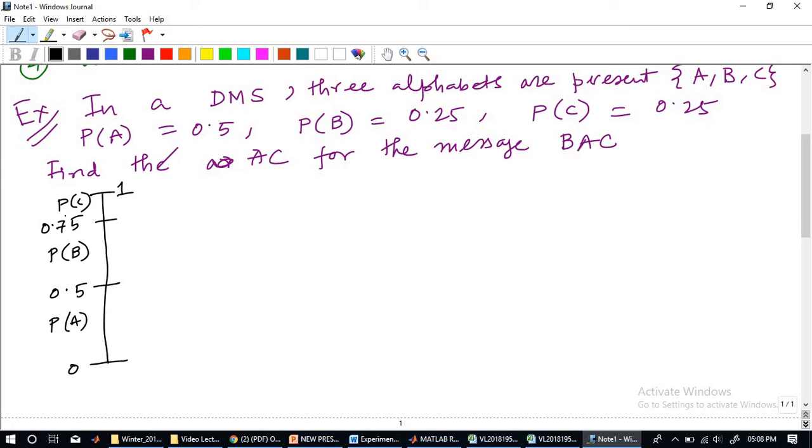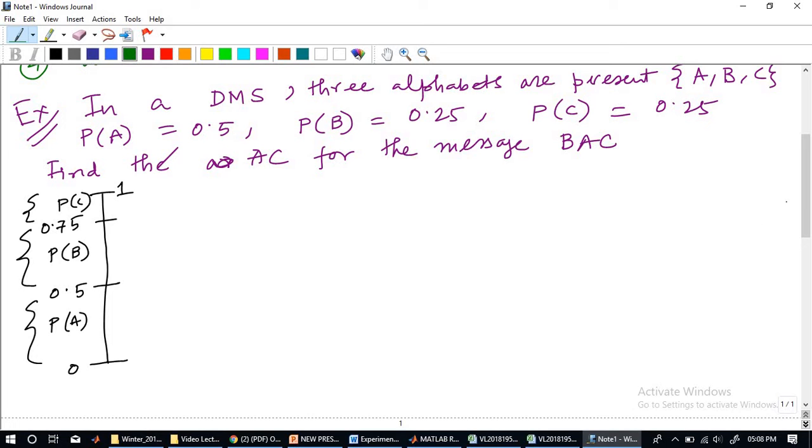That is, when we are looking at this particular segment, the lower limit is 0, the upper limit is 0.5, whereas this 0.5 becomes the lower limit for the next half. And this 0.75 becomes the lower limit for this second half. Please make sure you understand this. Now, after clearing this off, what we have to do is check for the message.